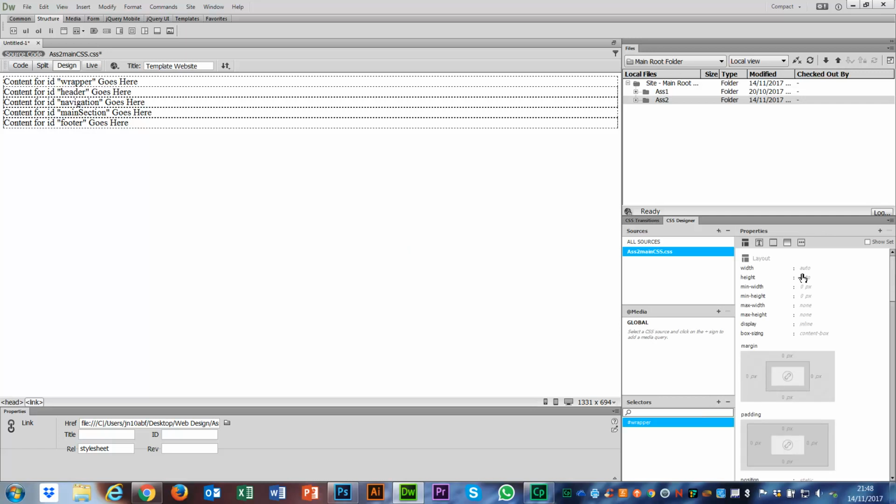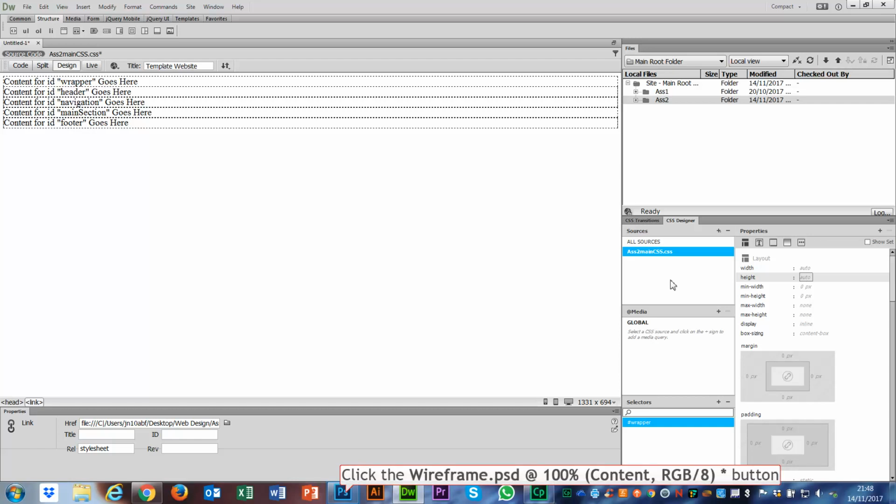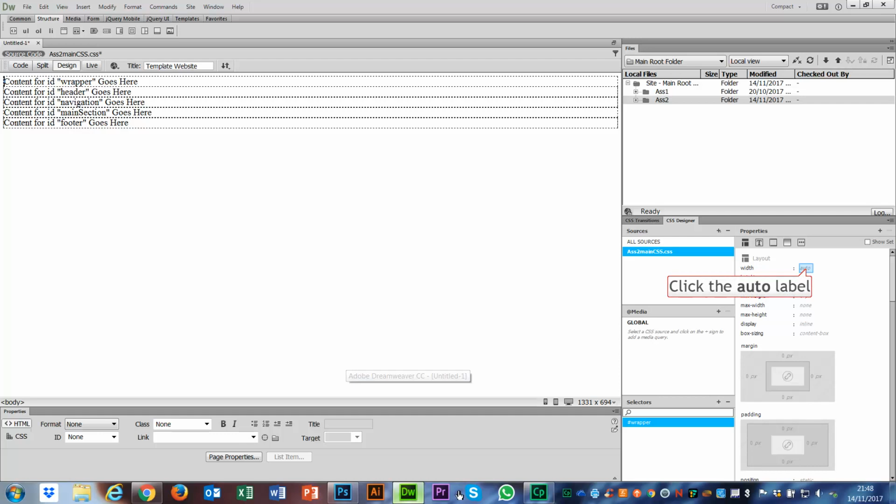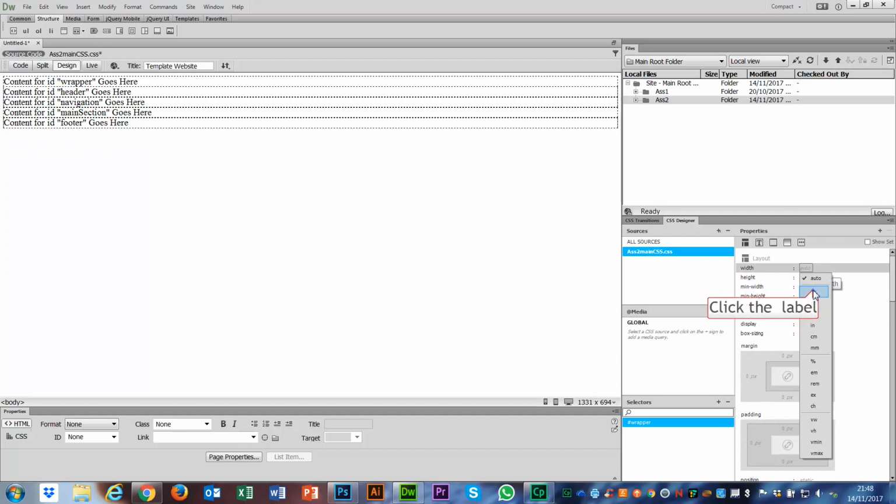That gives me my options for my wrapper. Now all I need to do here for my wrapper is set this to the width I need my whole page to be, and if we look at my Photoshop document, you can see that actually all of my boxes need to be 1000 pixels wide. So I'm going to make the wrapper 1000 pixels wide, and that will restrain each one of these boxes, my header, my navigation, my main section, and my footer to be 1000 pixels wide without me having to set it up for each one individually. So back to my Dreamweaver file, width, pixels, 1000,